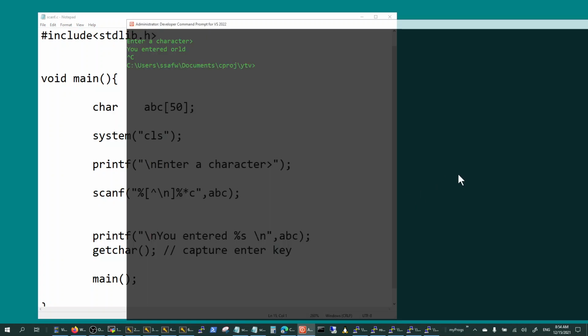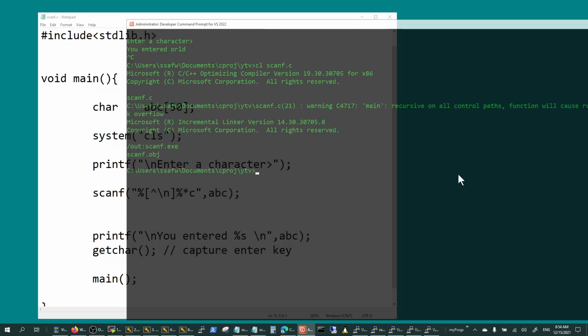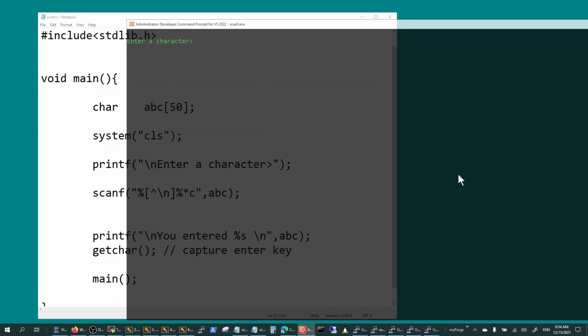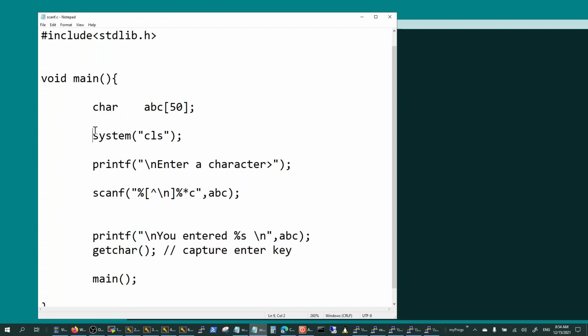Control S. Let's see if we can compile this. Scanf exe, hello world. See that? You entered hello world, and you successfully inputted a string including the carriage return using the scanf,